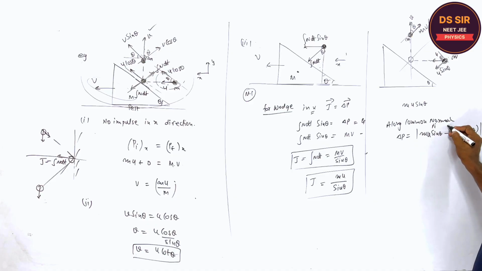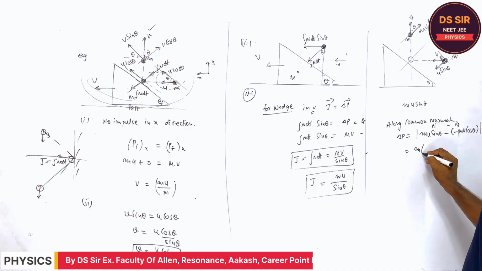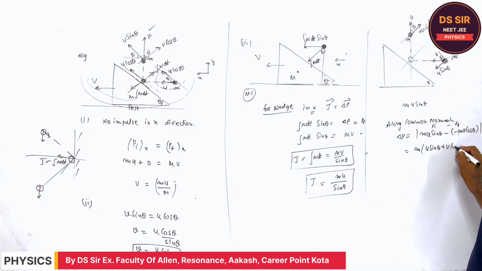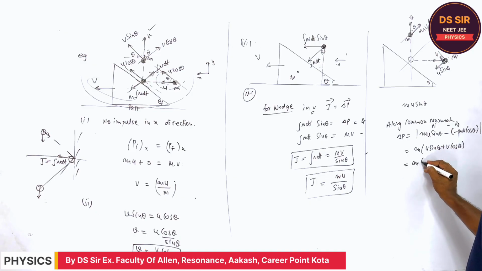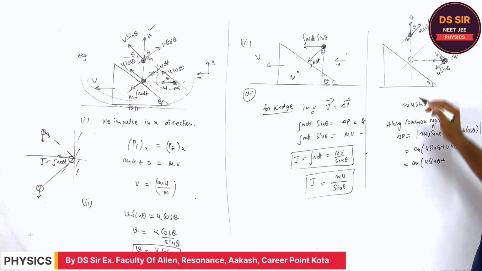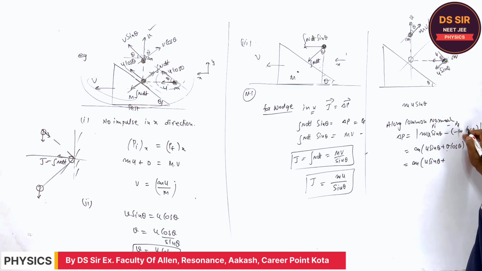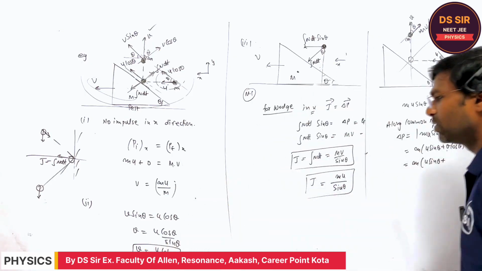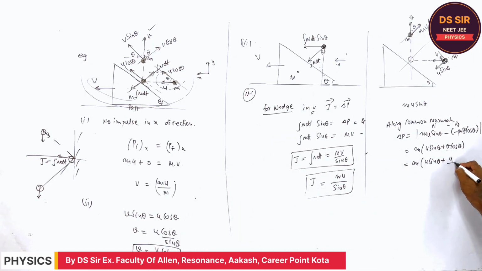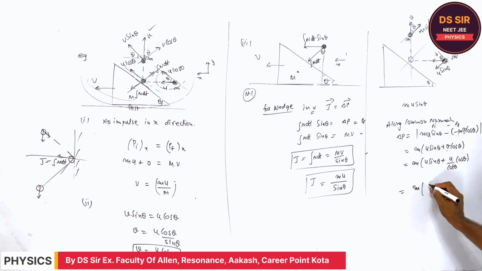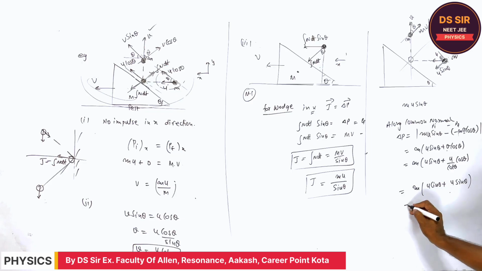Right, this is the p initial minus p final, right? So then mu sine theta plus v cos theta, m into u sine theta plus v. What is this speed? What is the speed of the particle in this direction? We have found, yes, this is the speed of the particle. This is u upon cot theta into cos theta, right? So this is equal to mu sine theta plus u sine theta, because cos theta will cancel out. So this is what? Impulse is equal to